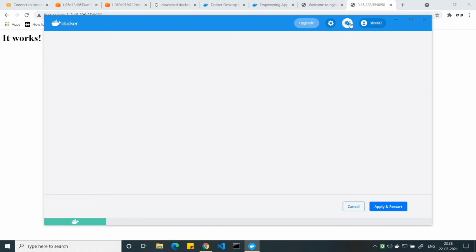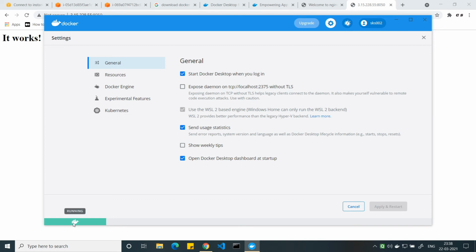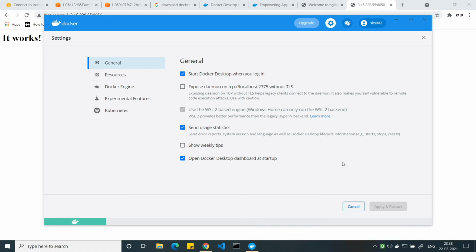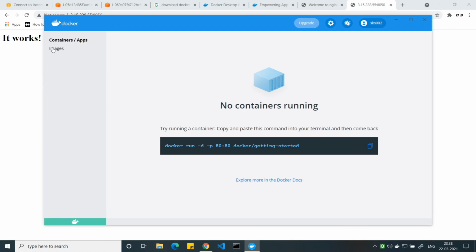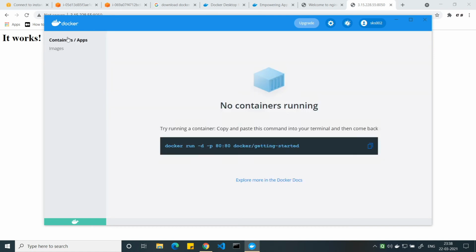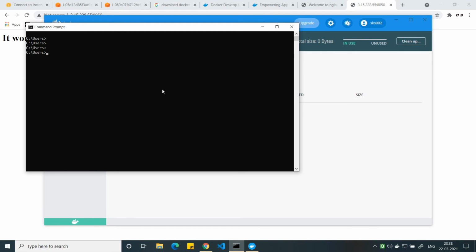And I think you can see all your images also here. Let me see. If I go to preferences, where is it? Dashboard. Here, as we see, we do not have any images in our system. So what we'll basically do is start up a terminal here, pull some images and run those images here. Let's start the terminal. Yeah, we have a terminal.